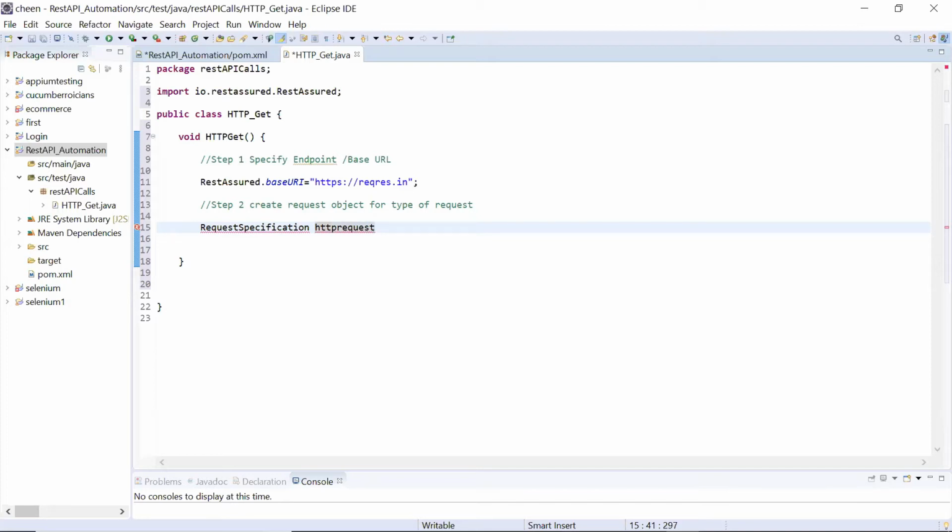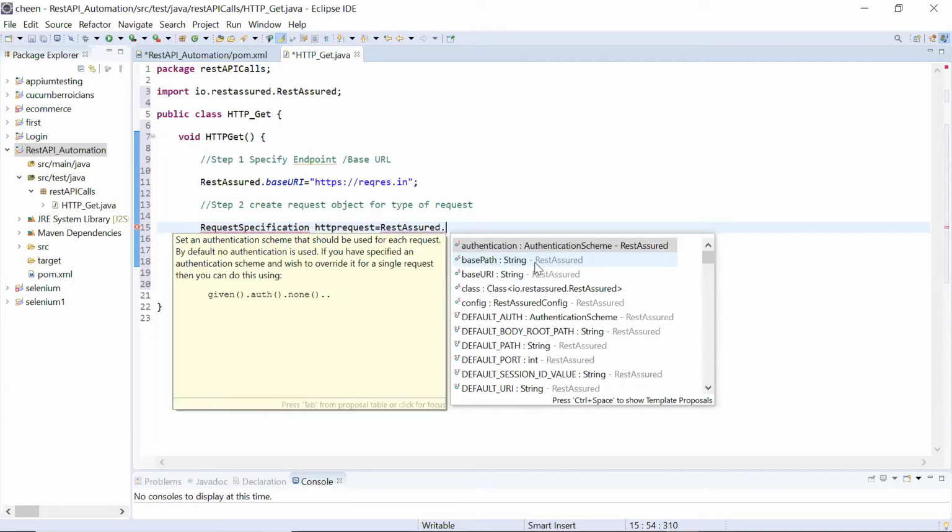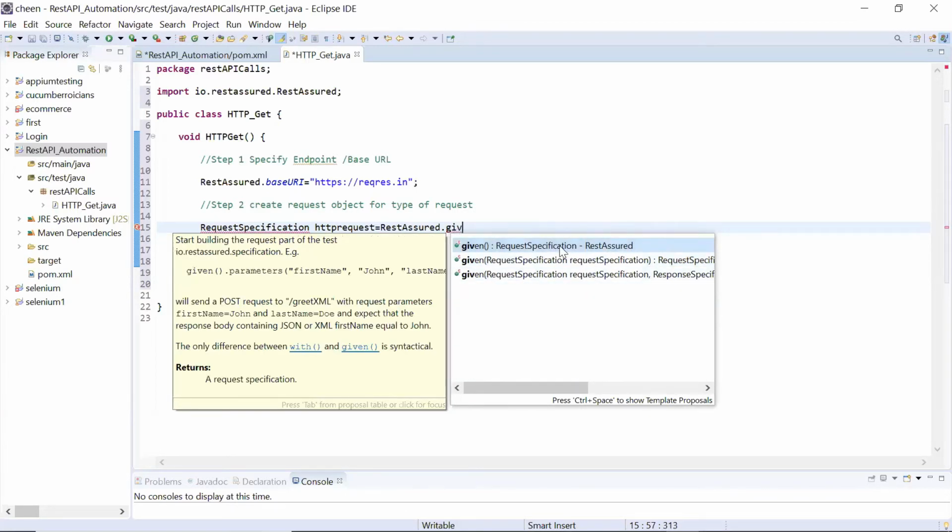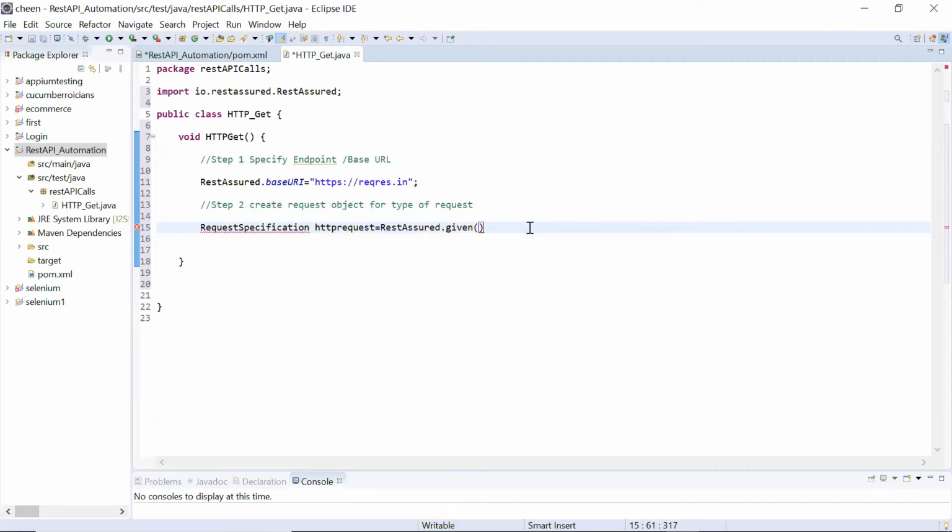It is any variable name, guys. You can write anything over here. And then you will write RestAssured dot given. I will be explaining it to you. So this is the complete line.